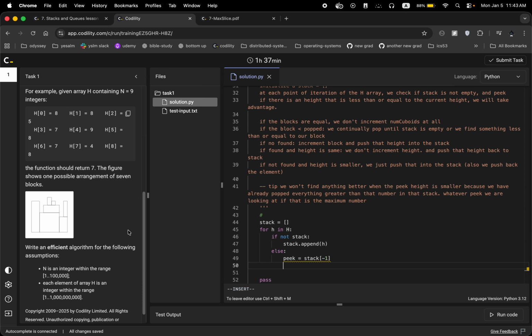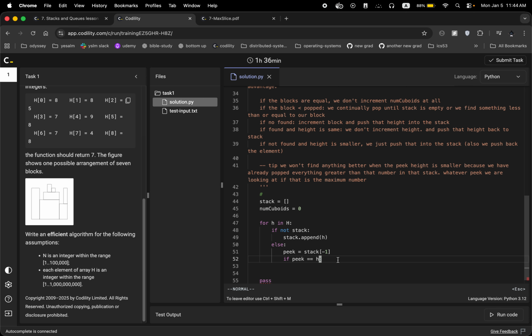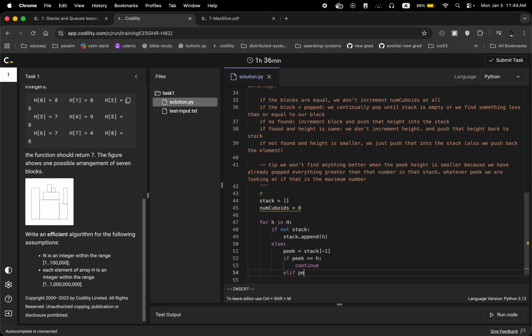So there's three cases. If peak equals h, then we don't do anything, right? We need num cuboids. So pass or like continue. Elif peak